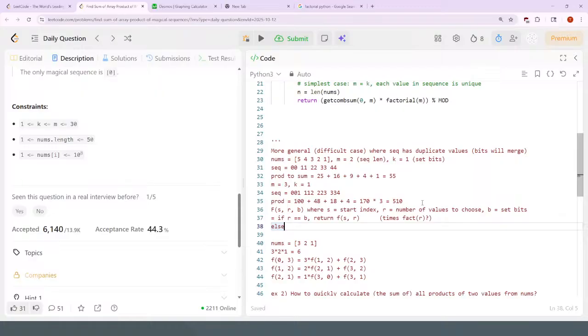Then if R is bigger than B, R is bigger than B, what does that mean? So if I'm choosing 2,